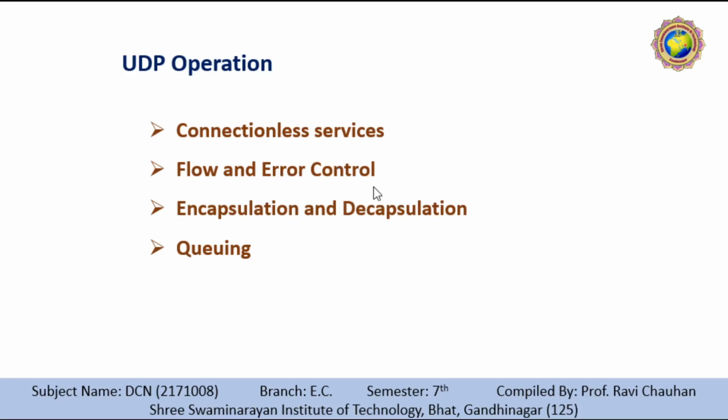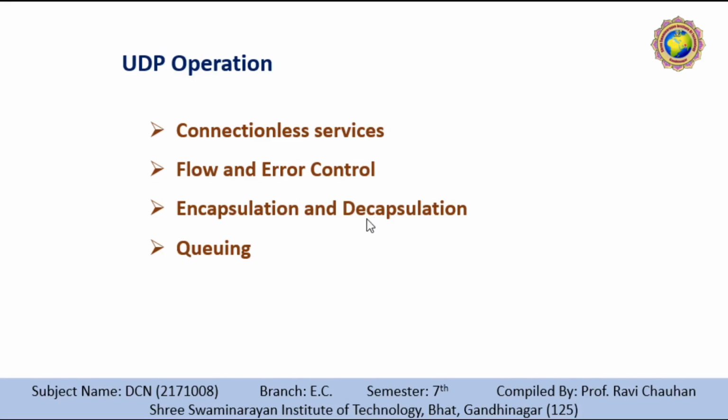Second is flow control and error control. UDP is a very simple, unreliable transport protocol. There is no flow control and hence no window mechanism. The receiver may overflow with incoming messages. There is no error control mechanism in UDP except the checksum. This means that the sender does not know if a message has been lost or duplicated. When the receiver detects an error through the checksum, the user datagram is silently discarded. The lack of flow control and error control means that the process using UDP should provide these mechanisms.